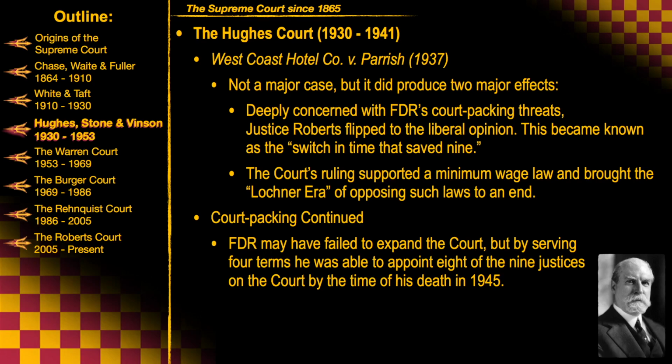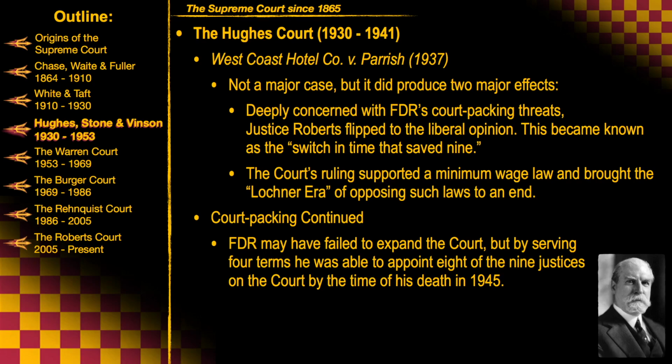The first was that it was in this case that Justice Roberts, who had been that swing vote, kind of realized that if he sided with the conservative faction and shot down another workers' rights law, kind of tying into that New Deal liberal attitude that FDR wanted to see, that if he ruled against that again, it just might be what pushed FDR over the edge and caused him to actually follow through with his threats. And so on account of this, we see Roberts switching his vote, trying to appease FDR,